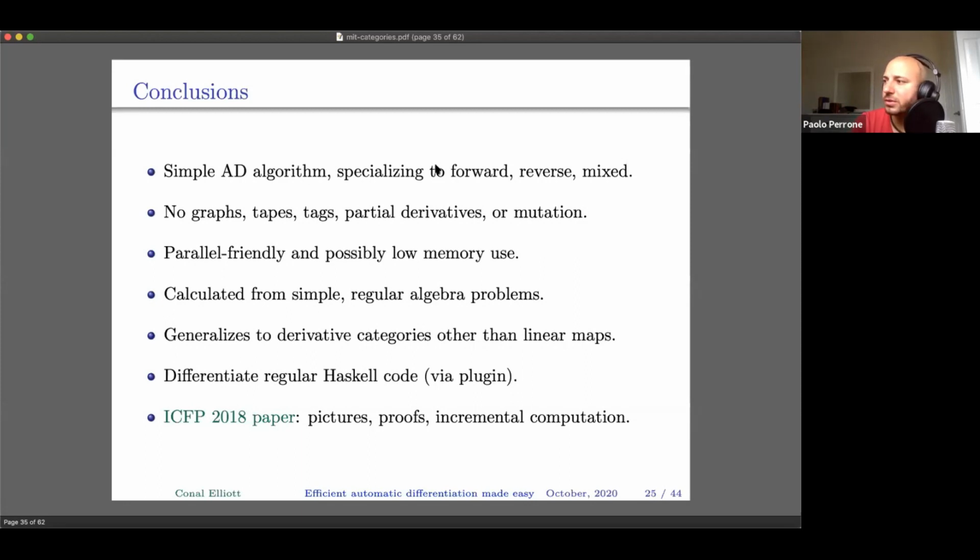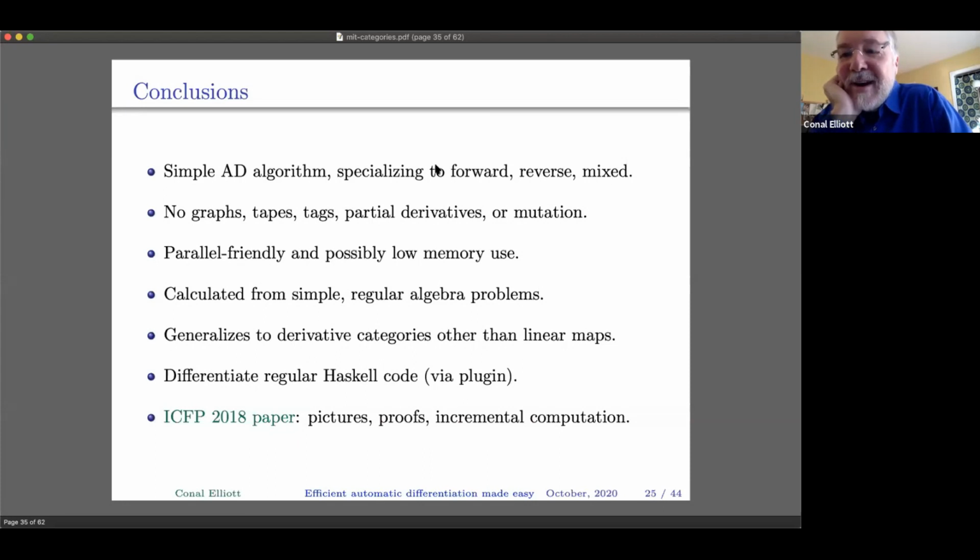Okay, so we have a question on YouTube from Valeria Paiva that says: I don't understand what's meant by generalized to derivative categories. Can you talk about it? Or what do you mean? I don't think I talked about derivative categories. I think other people have talked about derivative categories. So I could tell you what I would mean if I did talk about it,